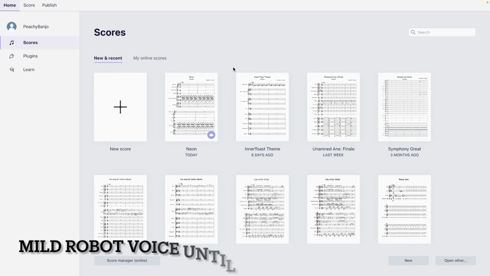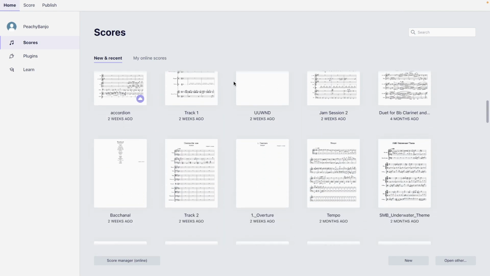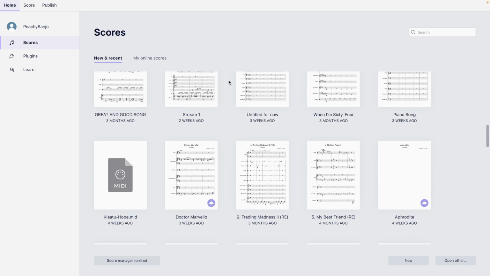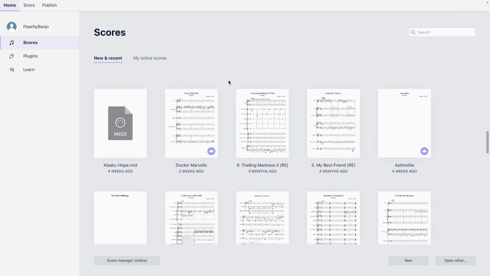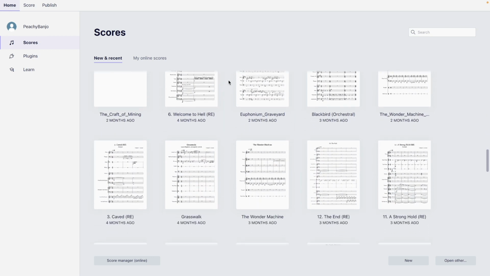So the next program I want to talk about today is MuseScore. Now, there's two viable options here. You can either use MuseScore 3 or MuseScore 4. I used MuseScore 3 for a very, very long time. I only recently, maybe 6 months ago, less than that, switched over to MuseScore 4 because MuseScore 4 has